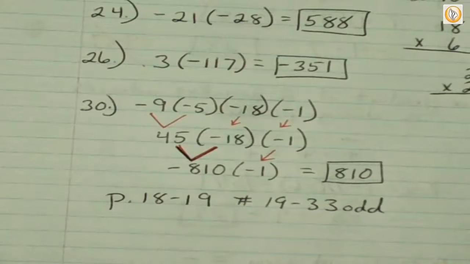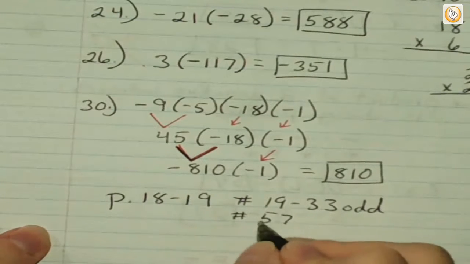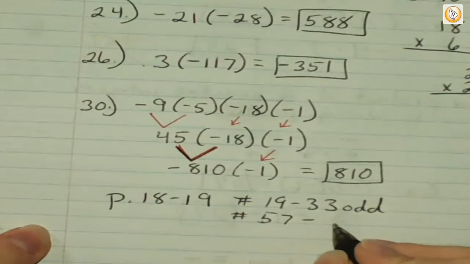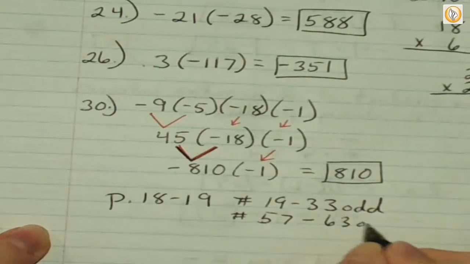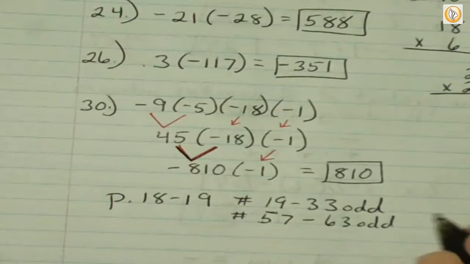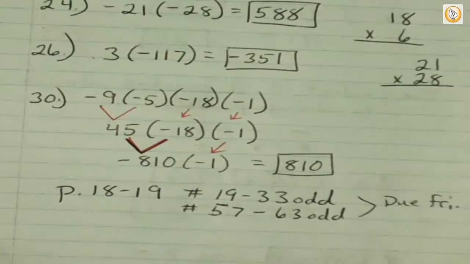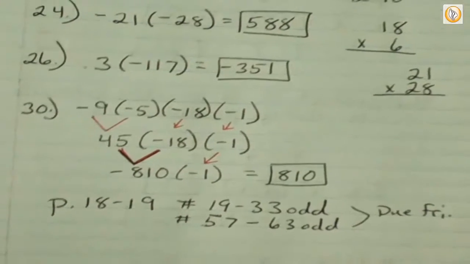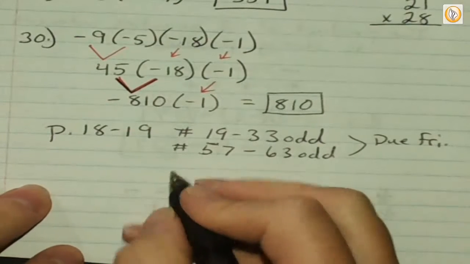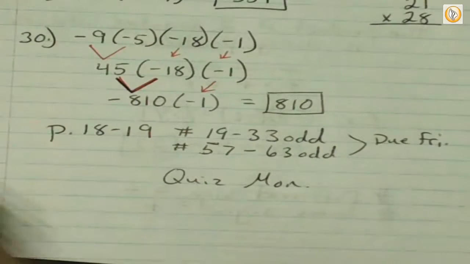And then, 57 to 63 odd. I'm going to start doing, instead of bonus, these cumulative reviews to help keep that stuff fresh in your brains. You have a quiz on Monday. I'm going to have homework. No, you're not, because after lunch,